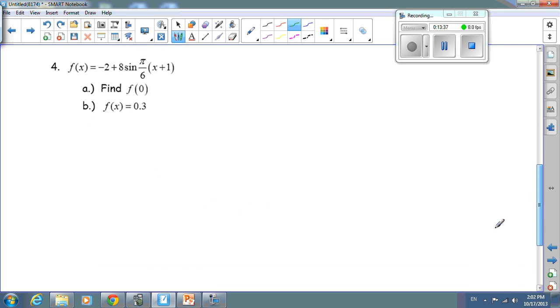The last one is a sine. I will again give you just the answers. f of 0, you should get equal to 2. It's an exact value. f of x equal 0.03. Where are you going to work it? The three positive solutions, actually, let me give you the general solution. The first one will be x equal -4.442 plus 12n, and the other one will be x equal 4.443 plus 12n,